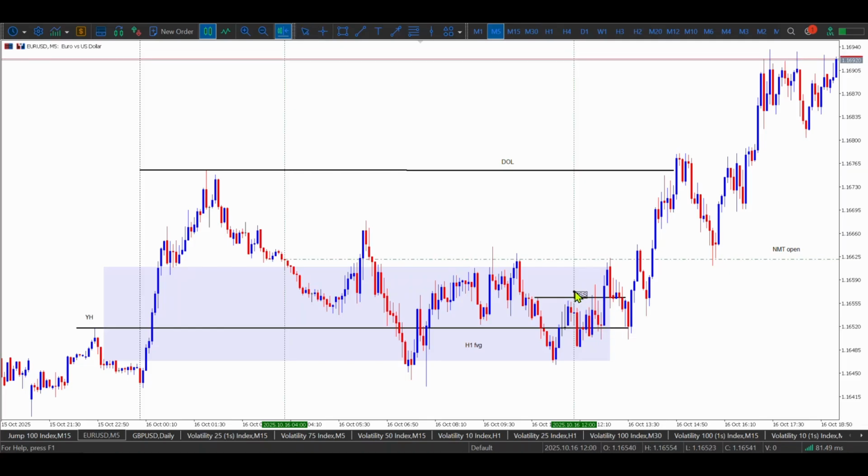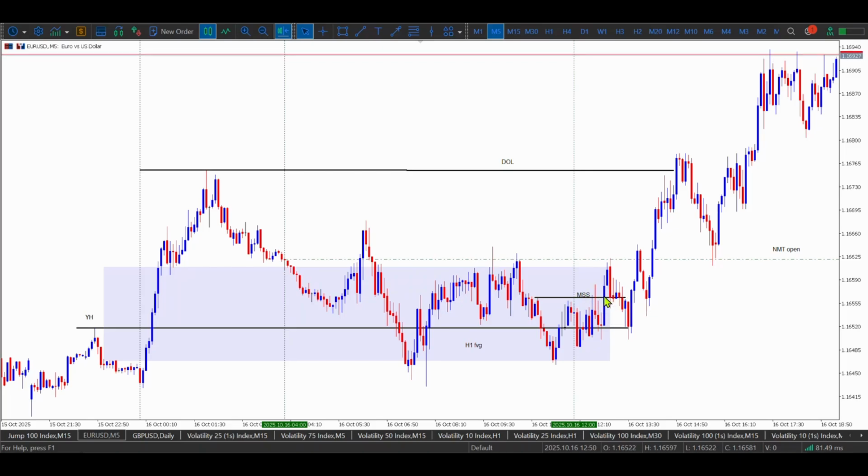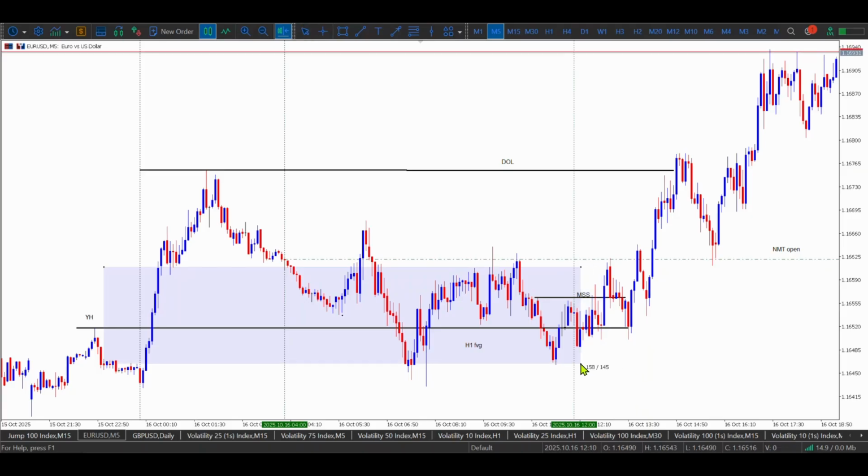Okay, when we traded nicely above it, creating this fair value gap, that's when we knew that okay, we are now buying. Our setup is formed successfully, confirmed by this bullish fair value gap